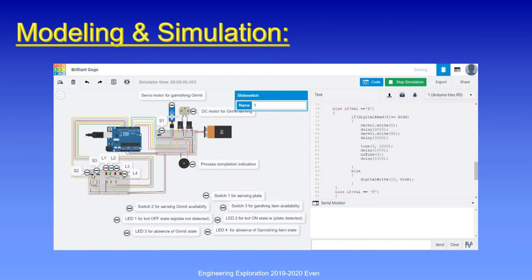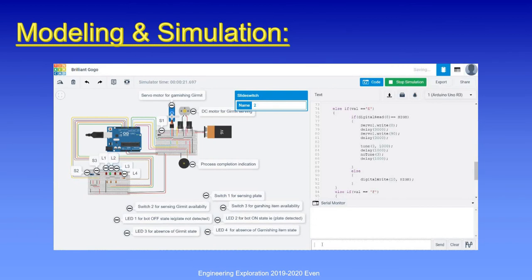Coming to the switch 2, when the switch 2 is in off state, LED 3, that is red LED, glows indicating the unavailability of Girmit in the container. Now if we turn on the switch 2, the DC motor starts rotating for 10 seconds for dispensing the Girmit. After 10 seconds, the DC motor automatically stops.